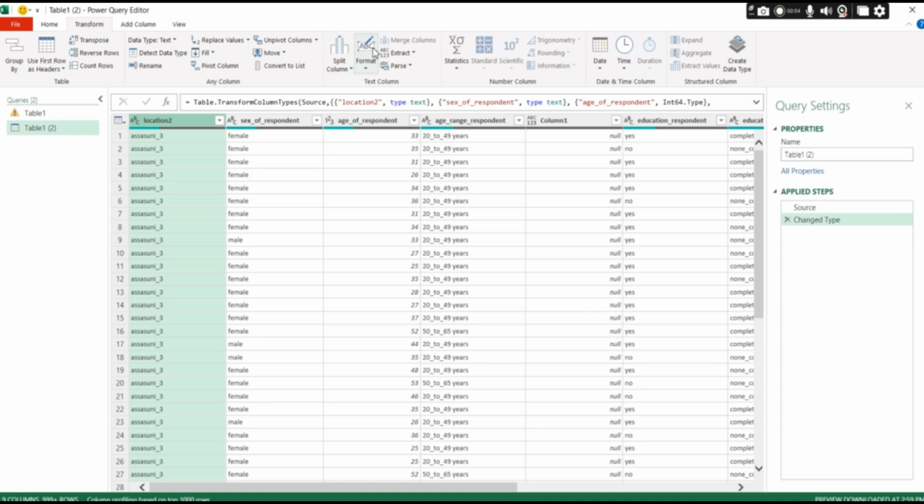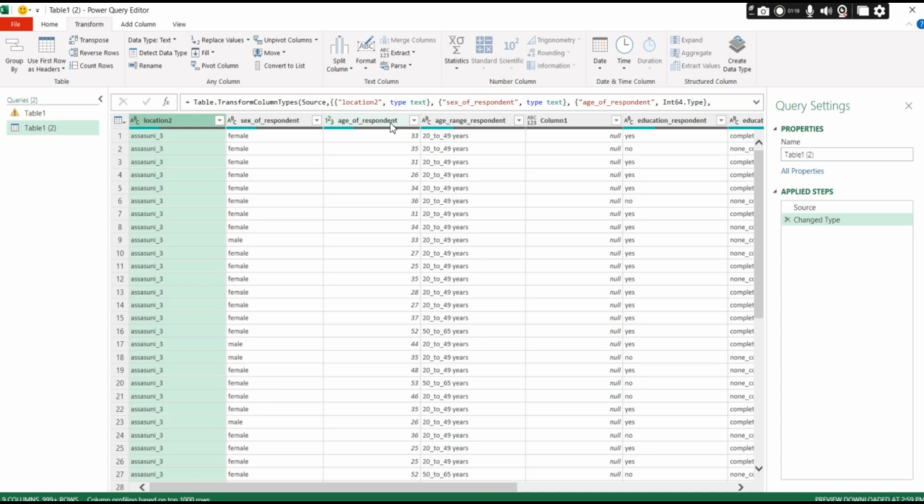Here we can also work with the group by. We have the option to replace the values. For example, in the age of the respondent we have some age like 33. During the cleaning of the database we observe that 33 is not the actual age,